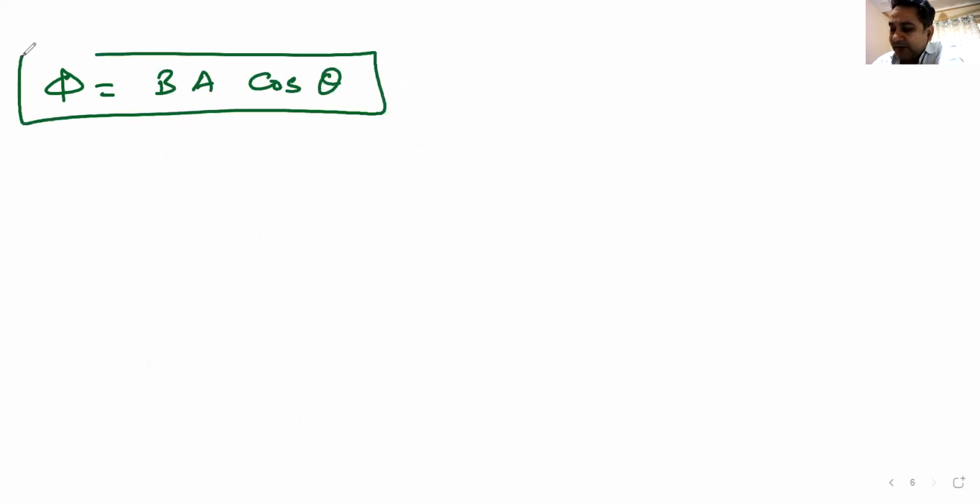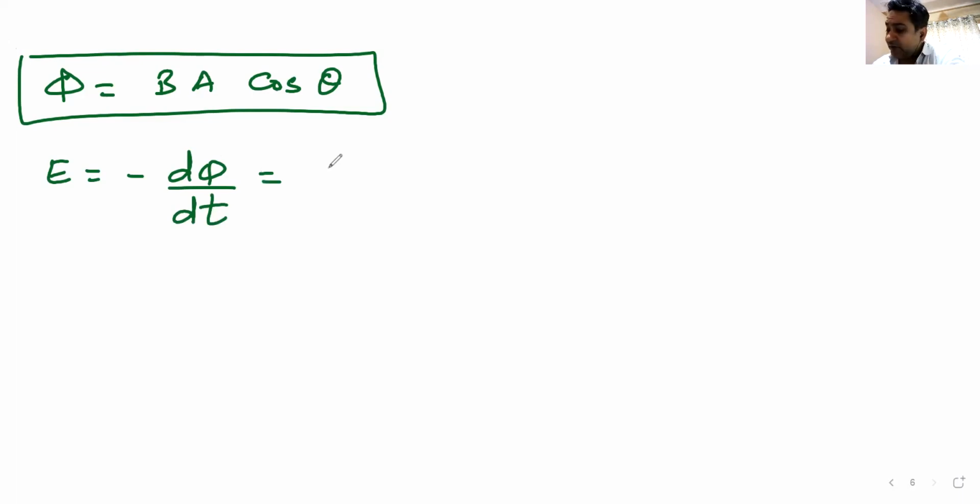Okay. Now we move on and see magnetic flux is BA cos theta. In most of the cases, any one of these will change. You can also change two, you can also change three, and you can make many questions where all have changed. But in most cases, only one has changed. Whatever has changed, you just differentiate that with time and you will get the induced EMF. So induced EMF is always equal to minus d phi by dt. Are you getting my point?